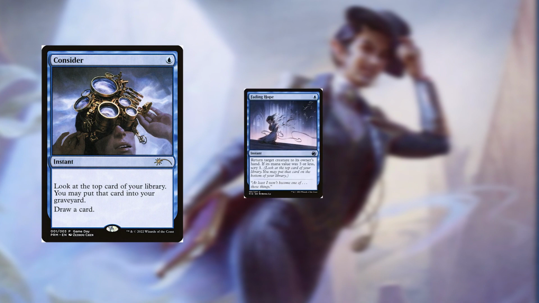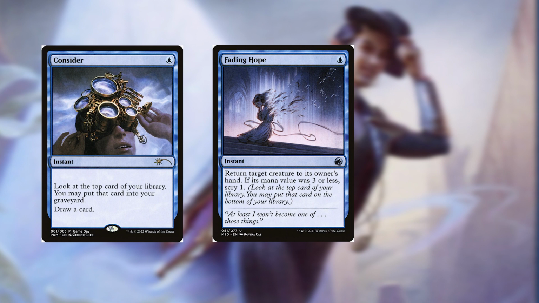Next up, we've got Fading Hope. This is also 1 blue, and it's an instant that says return target creature to its owner's hand. If its mana value was 3 or less, scry 1. Typically, you can use this to remove some problematic cards on the opponent's field, but it does work with your